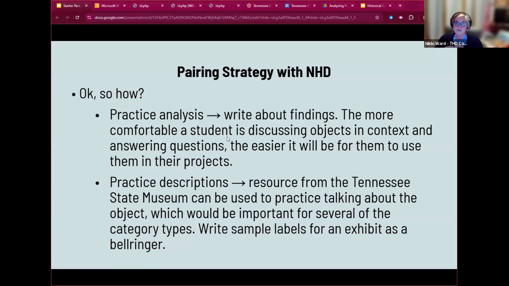I think this could be paired with a QFT, if you're familiar with the Question Formulation Technique, where you just pepper an object with questions for 2 minutes, ask every single question you can, and then pare down from there. I know this is a lot of asking questions and then practice,